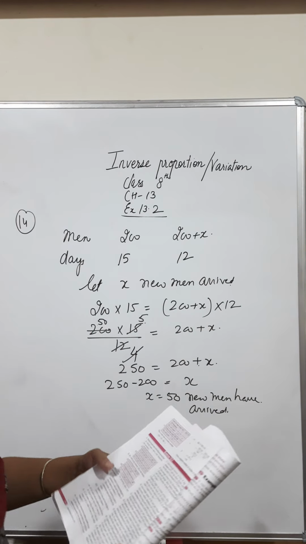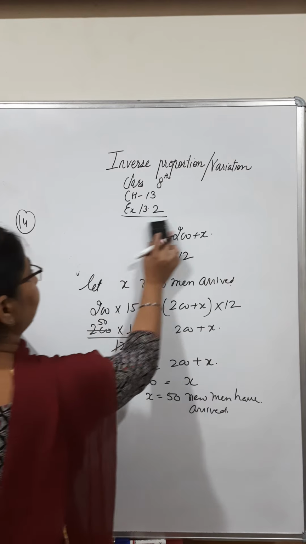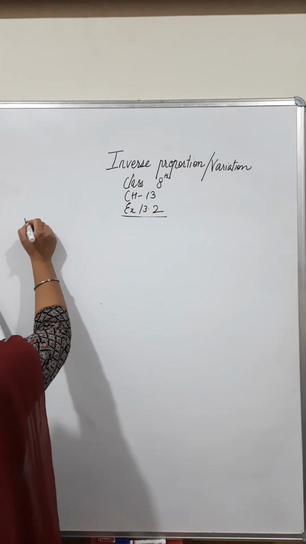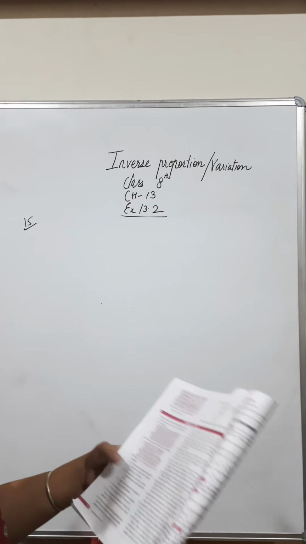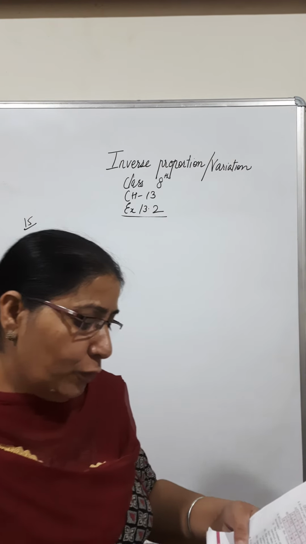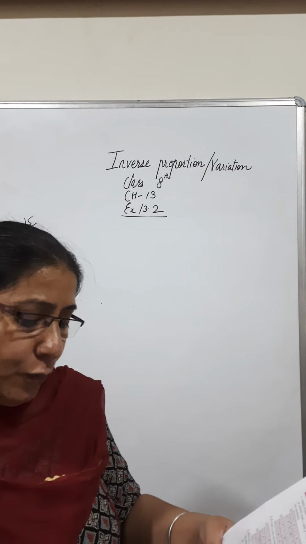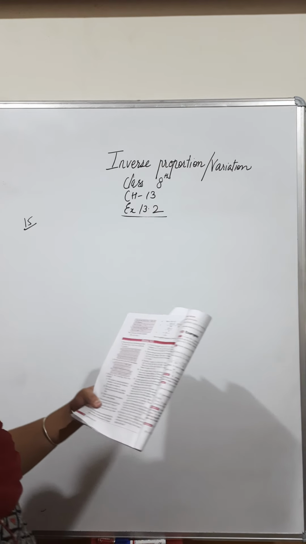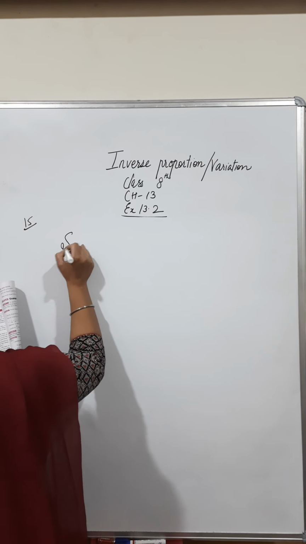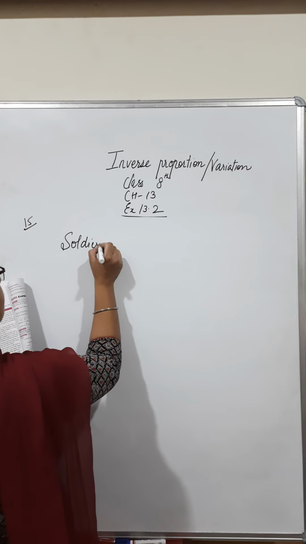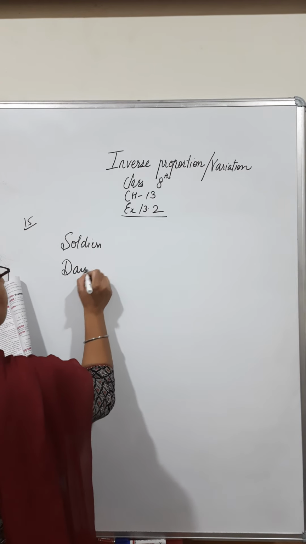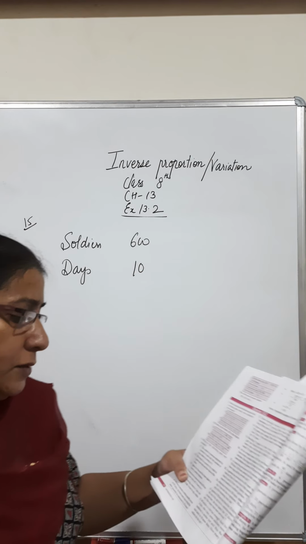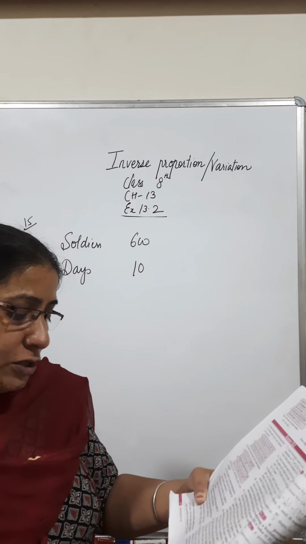ठीक है बेटा. Last question of the exercise. What is there in the last question? Question number 15. 600 soldiers in a fort had enough food for 14 days. After 4 days, इसका मतलब 14 days में से 4 days जो हैं वो निकल गए, बाकी हमारे पास क्या रह गए 10. तो हमारे पास यहाँ पे आएगा सोल्जर्स एंड यहाँ पे आएगा डेज. 600 सोल्जर्स ने, ठीक है, 10 days, 14 minus 4, 10 days के लिए उनके पास प्रोविजन हो गया.